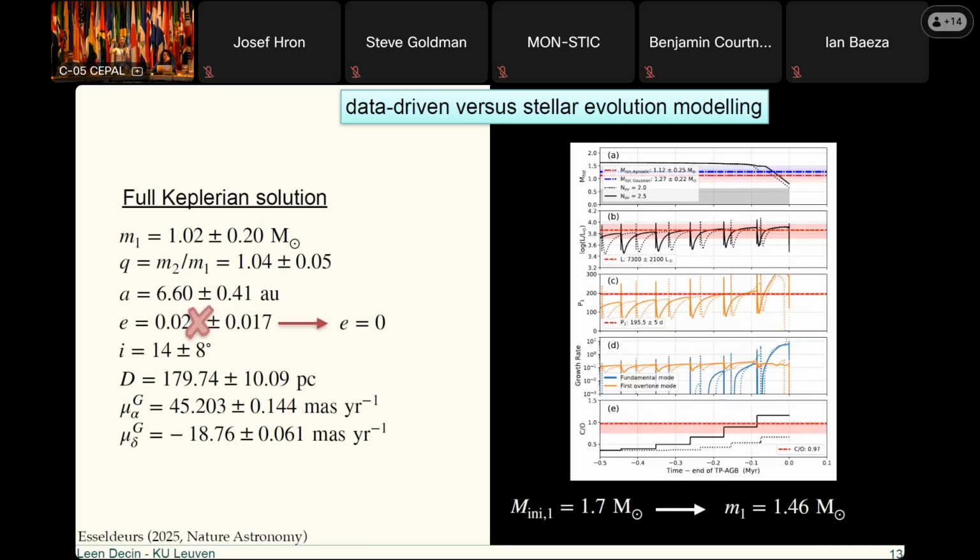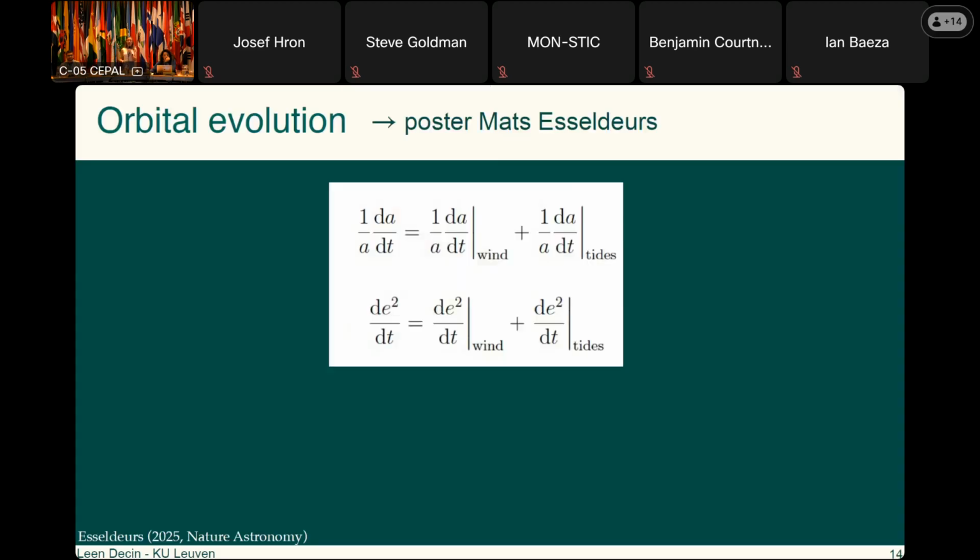And then I go to the results of Yoshi and Amanda. They also have played a crucial role here, since they have used the data set to also, from the pulsations, deduce the mass. And what you can see here is that the pulsation mass, here at the bottom, is slightly higher than our dynamical mass. This kind of study will help us in also improving the stellar evolution models, since we have two independent constraints of the current mass of a system.